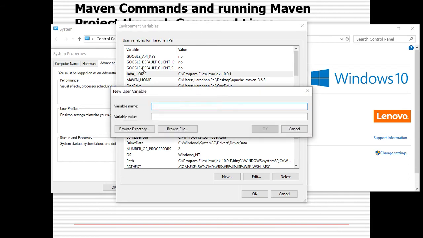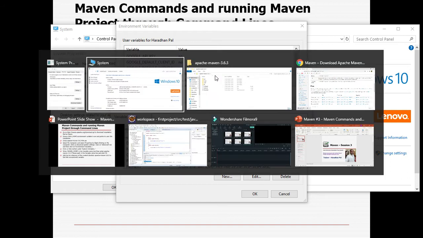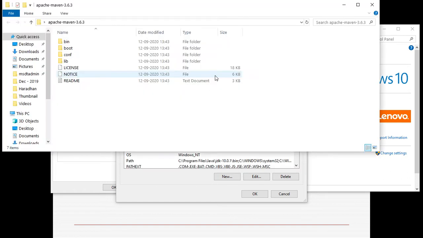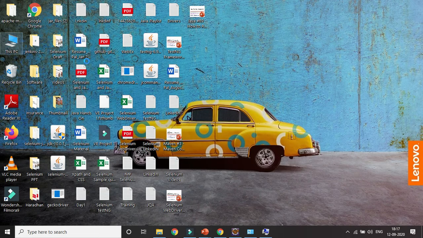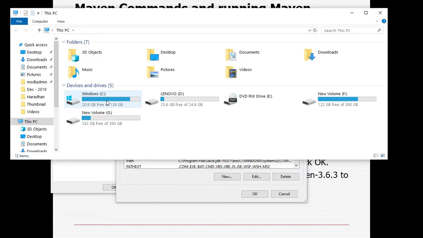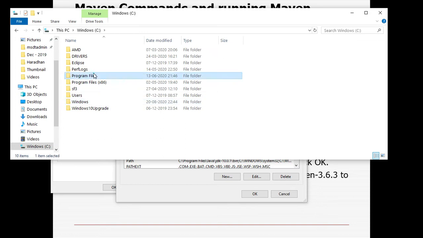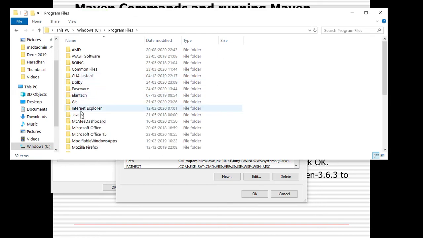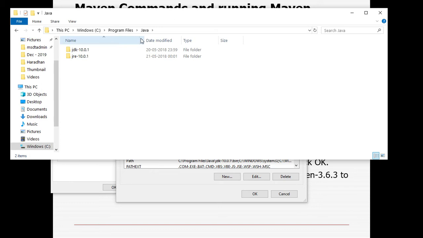So JAVA_HOME and then the path of the JDK folder. Suppose in your system it is already installed. If you go to My Computer, then C drive, then Program Files, then Java, you can see the JDK.